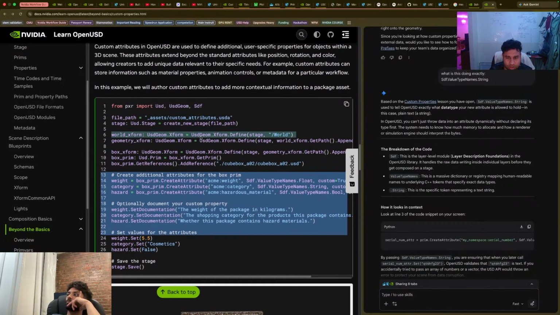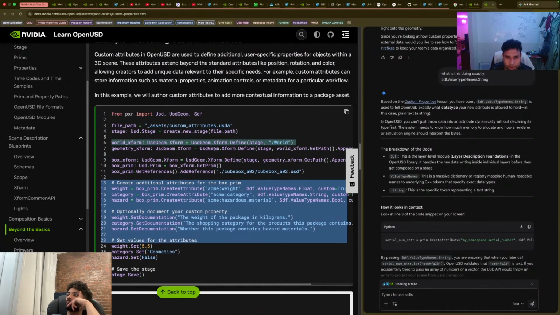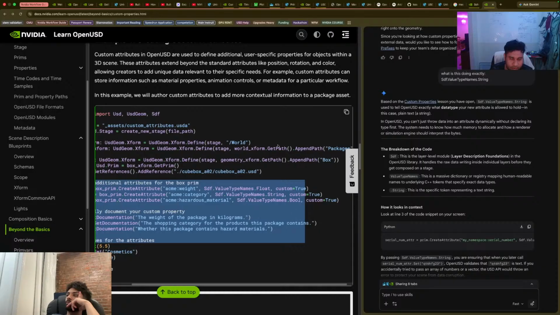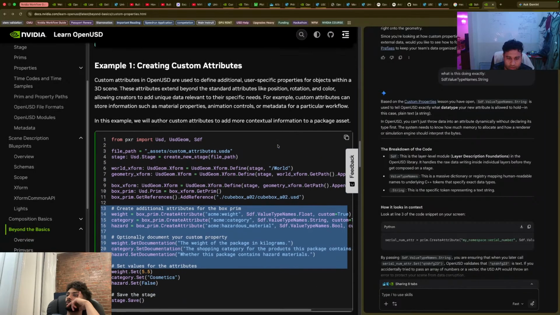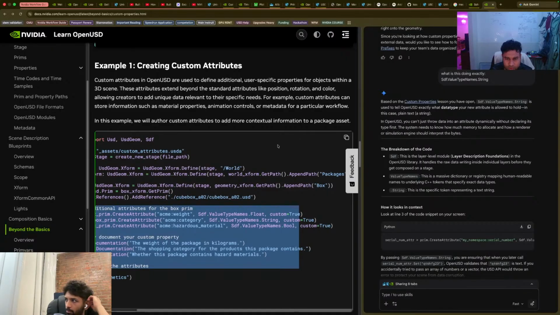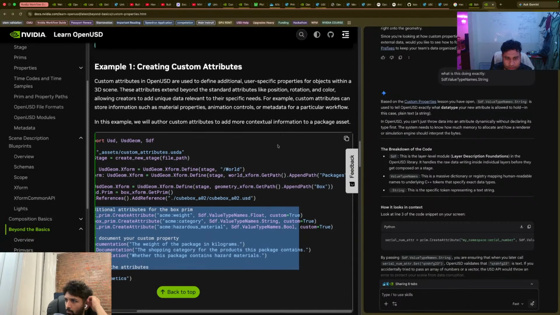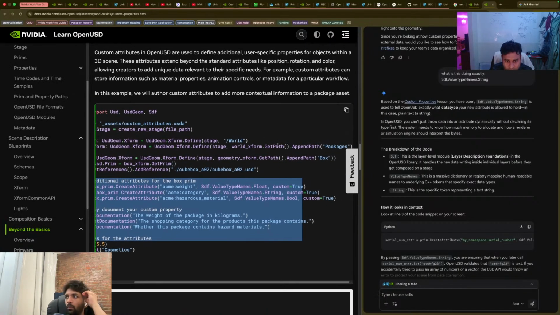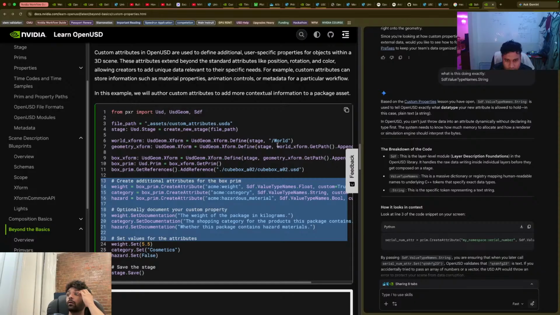Now the geometry xform looks like we are loading the box package or something. Moving on to line 9, we have box xform. Over here we are going to append the geometry xform with another path that is going to be box prim. And once we have that, we are going to convert it into a prim using the Xform API by